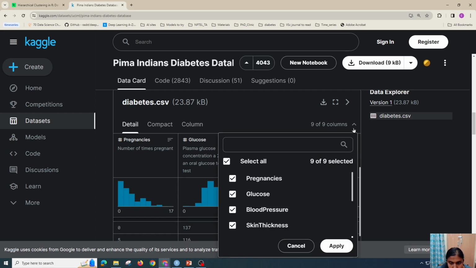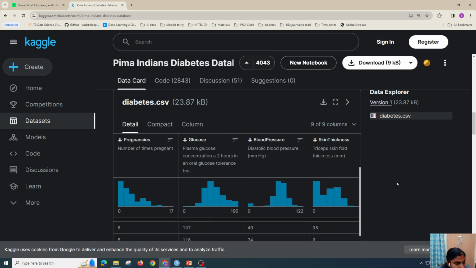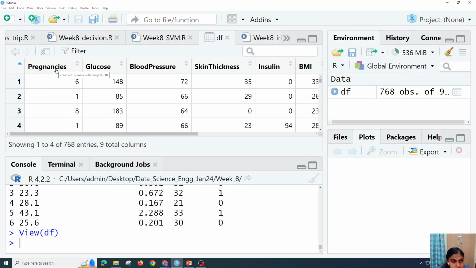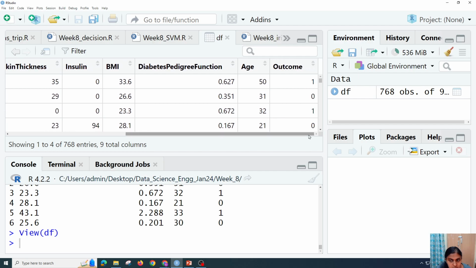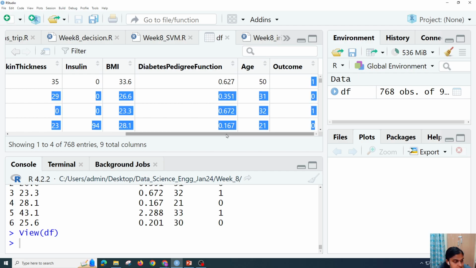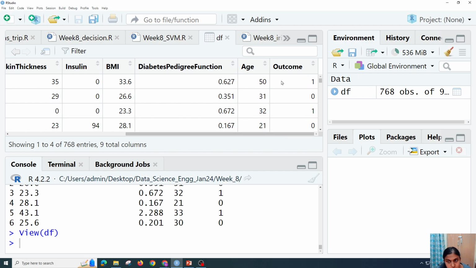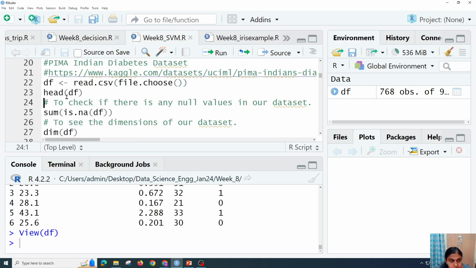If you want to see all the columns, you can select that. You can see pregnancies, glucose, blood pressure, skin thickness, insulin, BMI, predictive function, age, and outcome. So this is the data set. Outcome shows whether you are diabetic or not. With SVM I have given